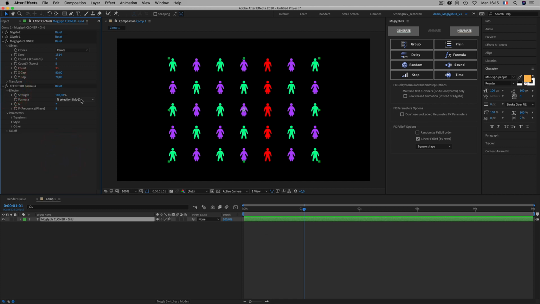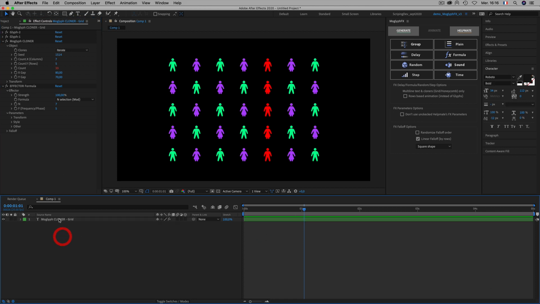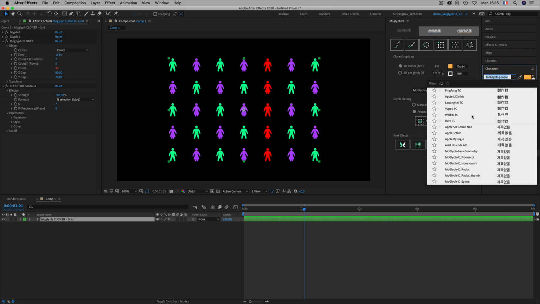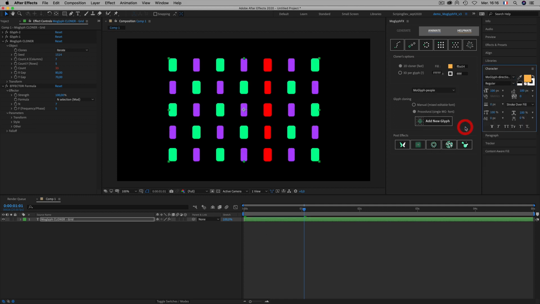The last thing that I want to show you is the random direction, and the random direction is pretty cool. It will not be useful for anything that resembles a uniform shape like a square or a circle, but for anything that is non-uniform and has a top and bottom side, like these human silhouettes here, it can be really useful. So, by the way, I will demonstrate this with another font, which is directional, and since this is a regular text layer, I can just select the directional Moglyph font, and I can play with